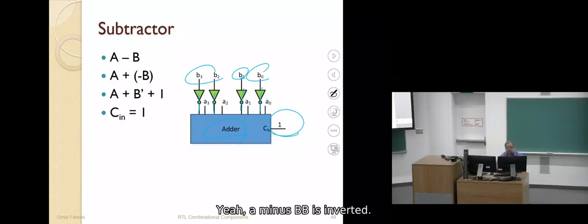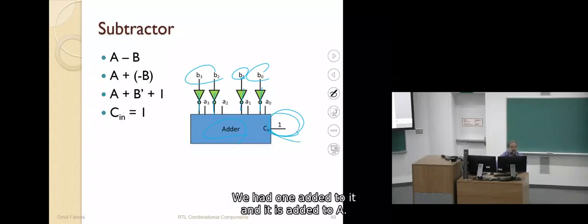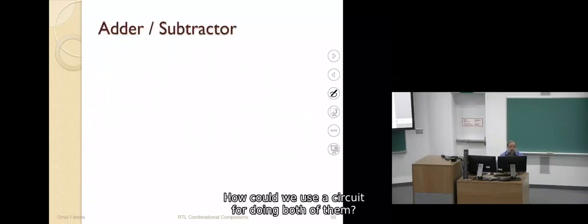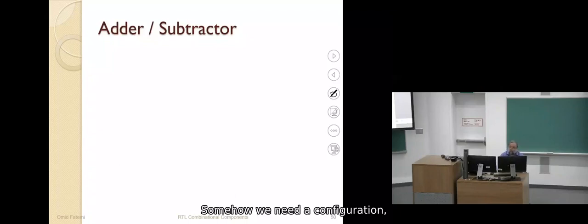Okay? Yeah? A minus b. B is inverted. We had a 1 added to it, and it is added to a also. So the result would be subtraction. So this circuit is now doing the subtraction of a minus b. How could we use a circuit for doing both of them? Because we are using the adder for both of them. So somehow we need